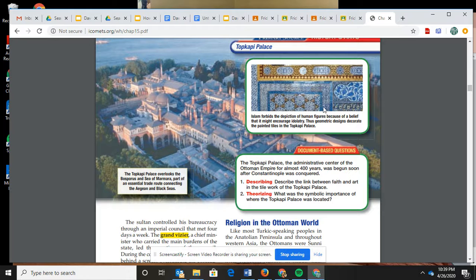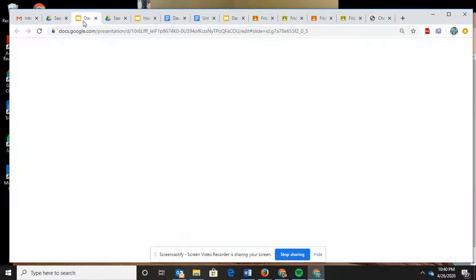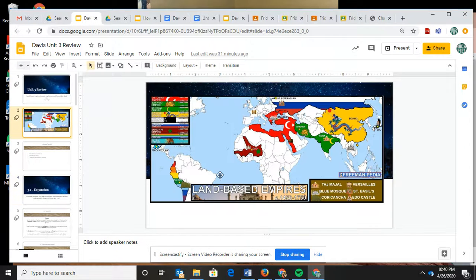So you see that the Taj Mahal was a mix of Hindu and Islamic art, and their architecture is their art. In the Ottoman Empire, they had a lot of domes. We talked about the one ruler that had 81 mosques built, and they all had a dome on top of it. So that's a lot of information about the Ottomans, a more in-depth read. This PowerPoint will give you the Cliff Notes version of the Ottoman Empire. Now we're going to move on.